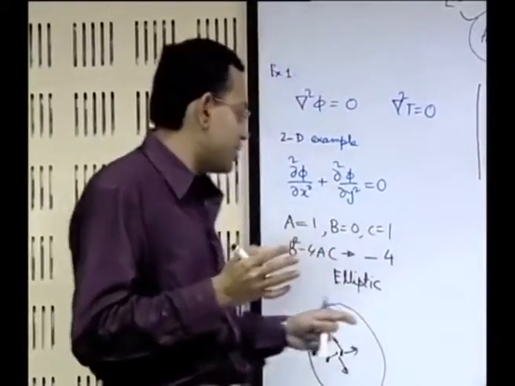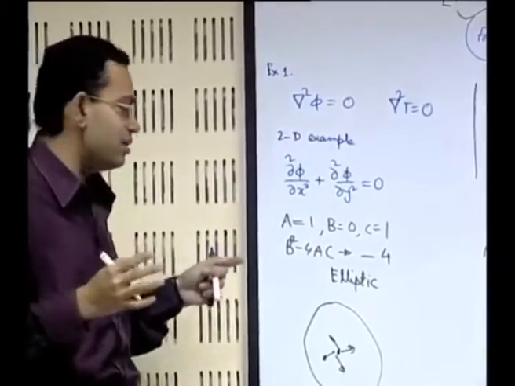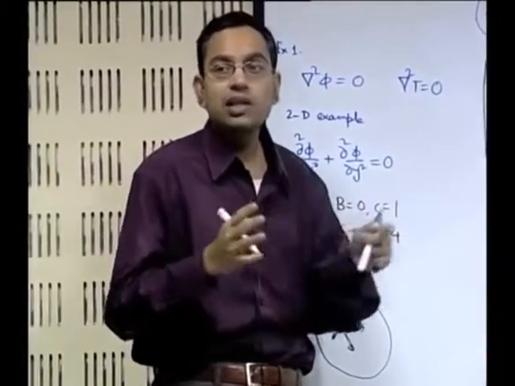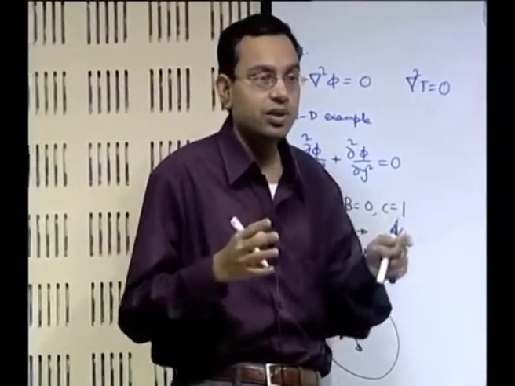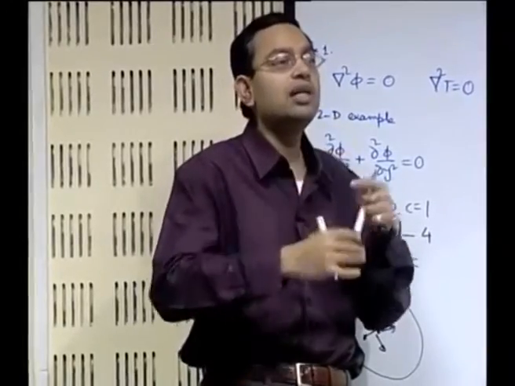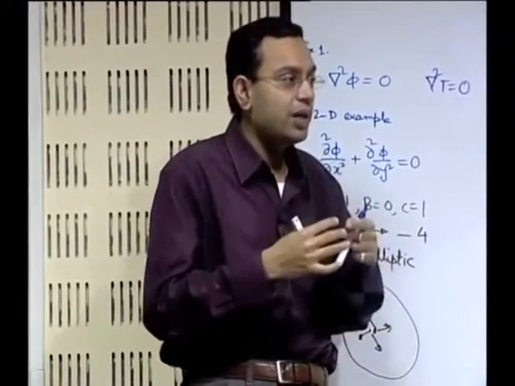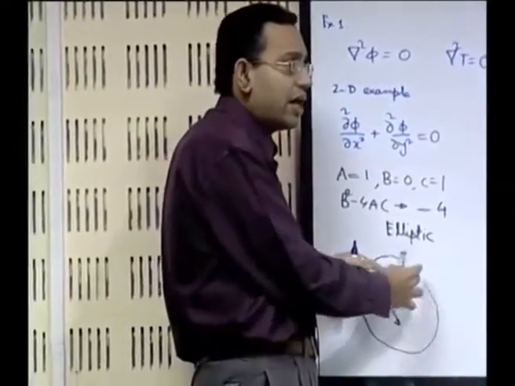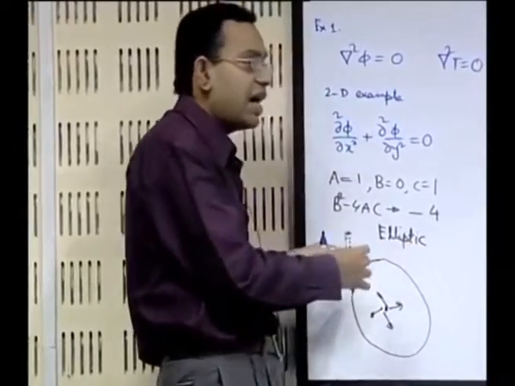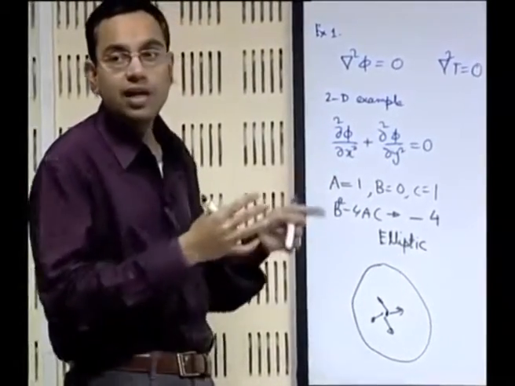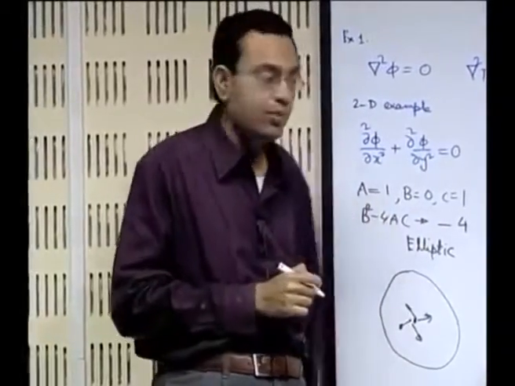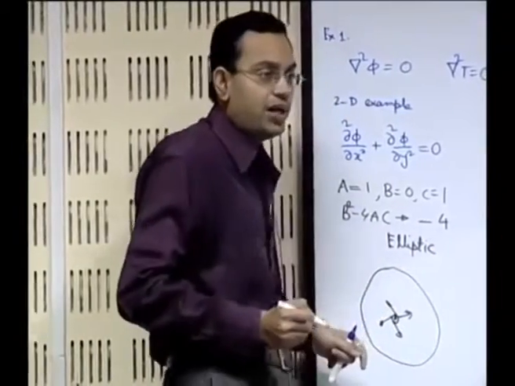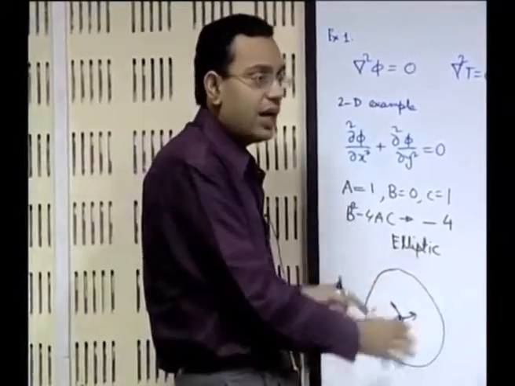So what does this disturbance propagation try to do? It tries to nullify the difference in temperature between different points in the domain. It tries to bring the domain to a homogeneous temperature, because there is a gradient of temperature, there is a messenger that goes from one point to another in terms of a disturbance, and that disturbance tries to nullify the temperature differences between different points of the domain. So if you have a disturbance at a point, that would be felt anywhere and everywhere.